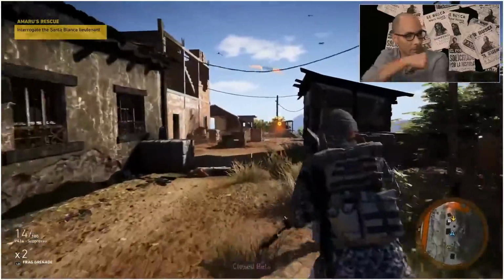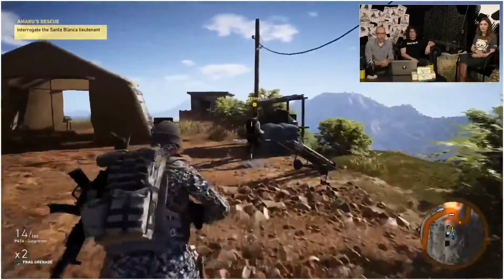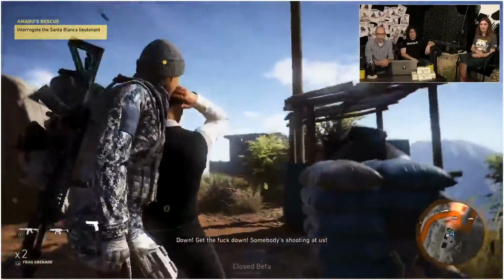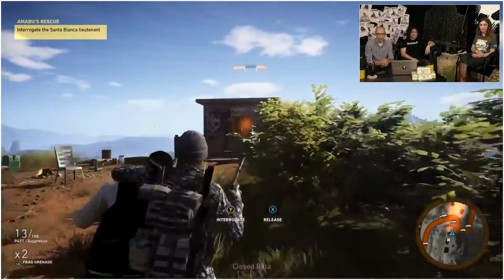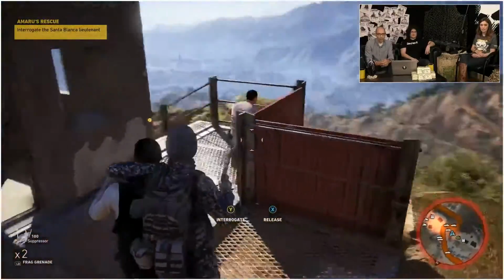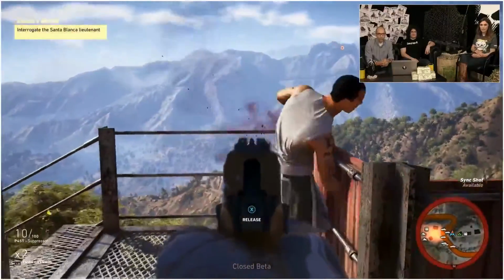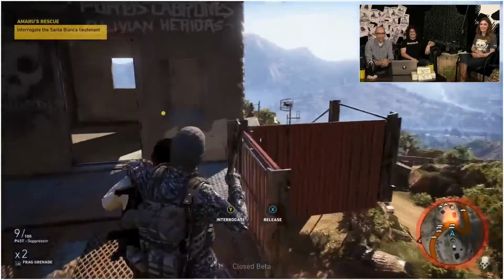Oh, he's been spotted. Okay. Oh, and the lieutenant's trying to run away. Yeah, oh, okay. He got it. Grab him. Yeah, I think he was afraid, he just surrendered. So when you grab an enemy like this, you can drag him around, and let's get rid of this one. Awesome. Okay. All right, so once you're done with that, you can interrogate